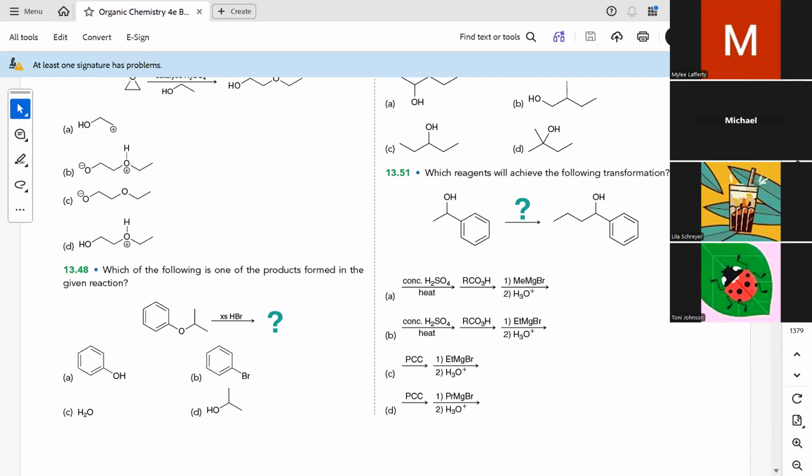How about 48? What is that asking us here? So we have, which of the following is one of the products formed in this given reaction? So I have my ether here, right? My ROR substrate, and I'm going to react it with excess HBr. So the alkyl group is going to be cleaved under these conditions. So I'm going to cleave this with the strong acid, HBr,